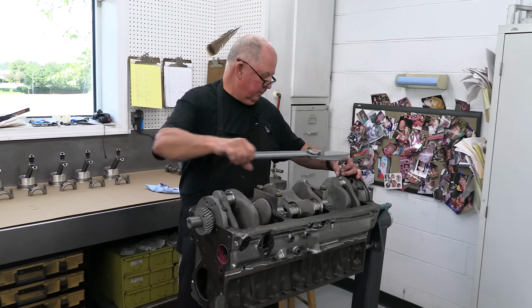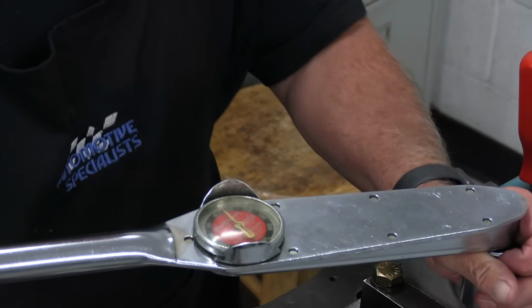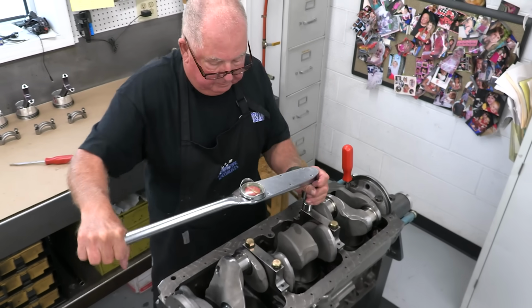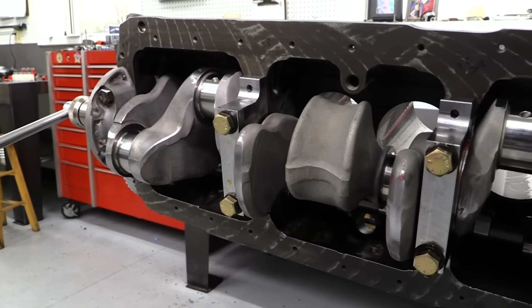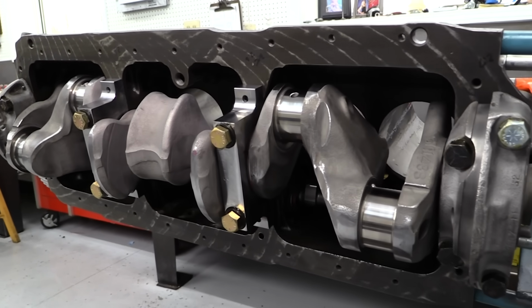The original mains used new 1/2-inch bolts and are torqued to 100 foot-pounds. The fasteners for the new billet caps, meanwhile, are a bit larger at 9/16 and torqued to 120 pounds. And with the crankshaft secured to the block, we are ready to move on to the rest of the rotating